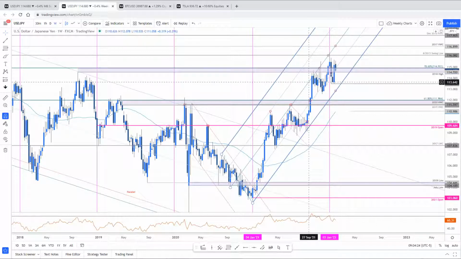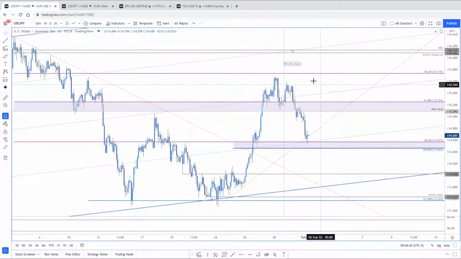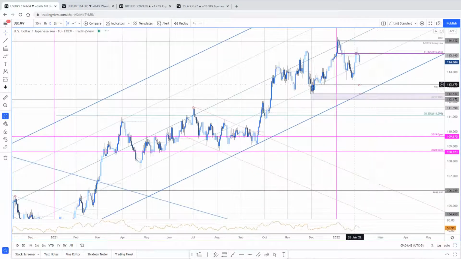But we talked about the divergence into the start of the year, the fact that that was leading to the risk for a pullback. We got the pullback. Last month's opening range never really materialized. So the weekly chart has a sort of ranging here, right at a straddle of a big major level. Here's what it looks like on the daily chart.